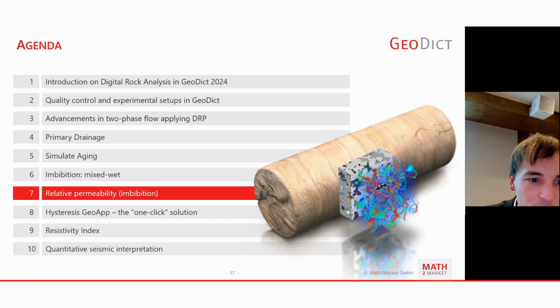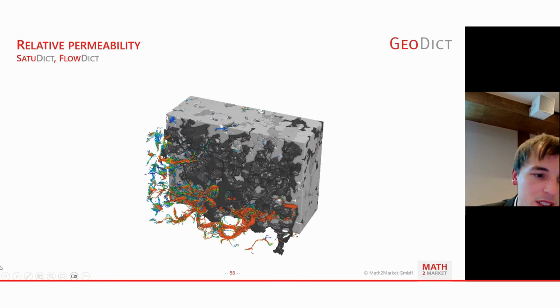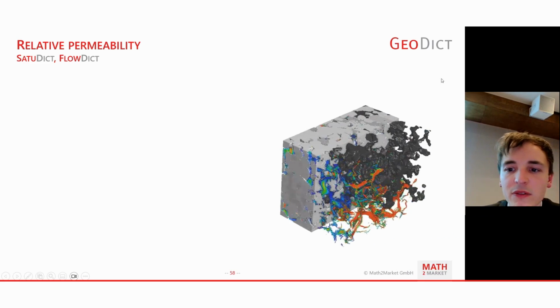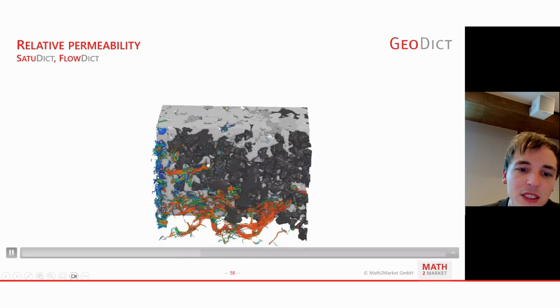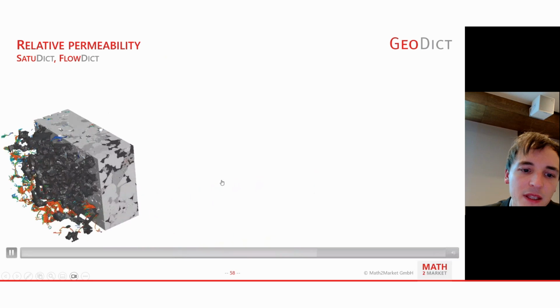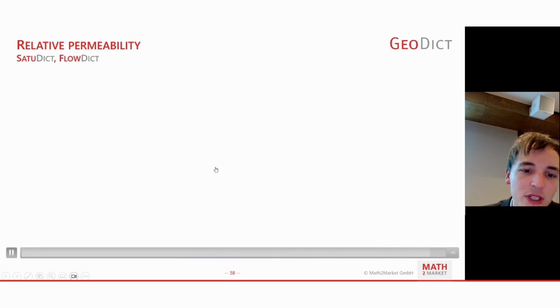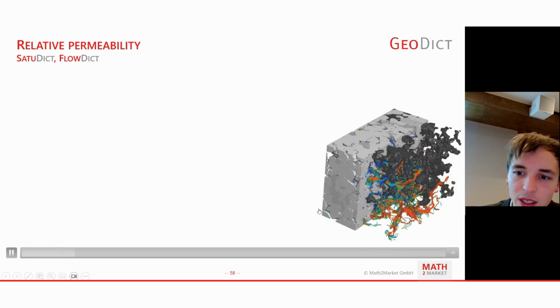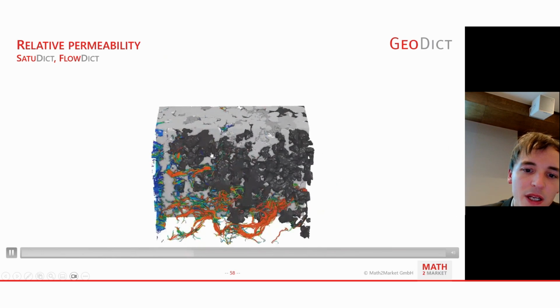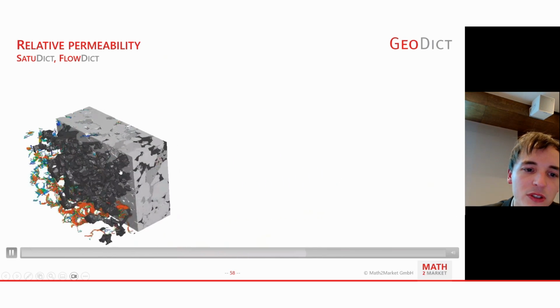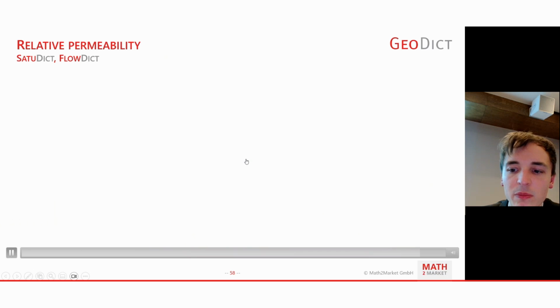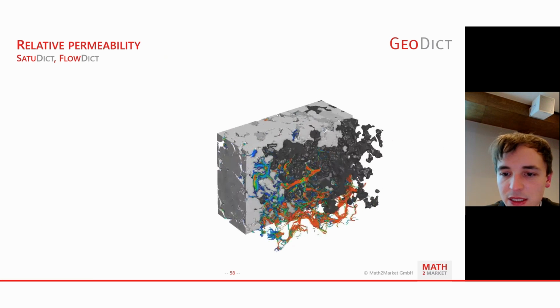I also mentioned the imbibition mixed wet setup. The relative permeability you would compute on the imbibition process would be run on parts of the saturations you would obtain from the imbibition process. So you have water that is pushed inside of your oil wet structure, displacing the oil. And based on the distribution of each of the two phases, you get a relative permeability for both phases based on their saturation.